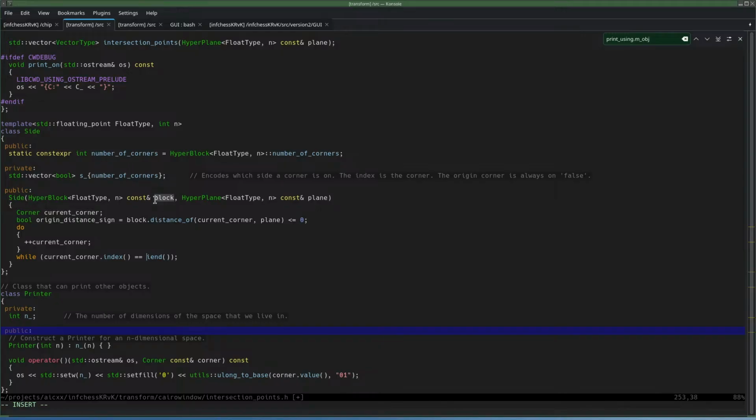I have only one array that's part of the block at the moment, or not. No, S as well, so I might as well use S. So S dot I-end, because our corner is also an index into S underscore, meaning that this must be a utils vector of booleans